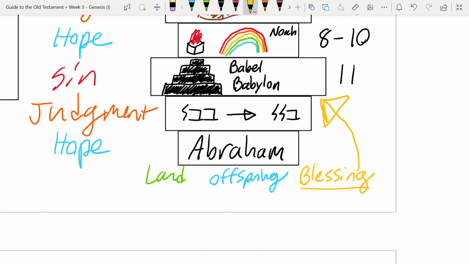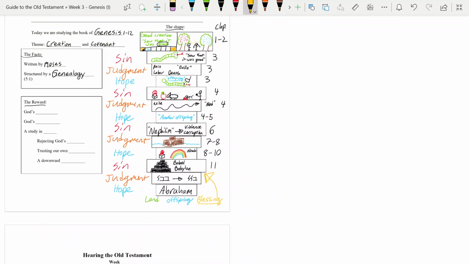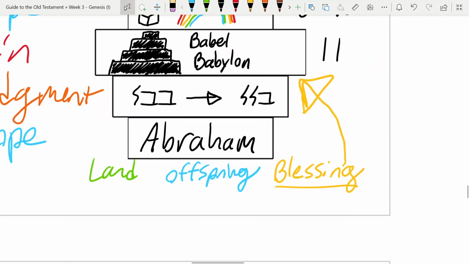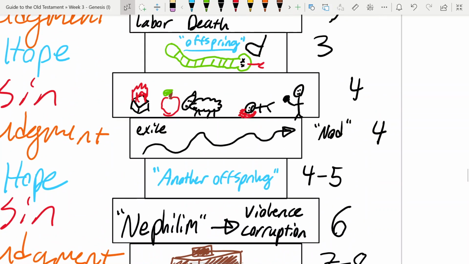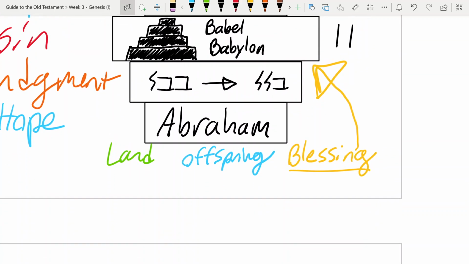And so the final installment in this sin, judgment, hope pattern is the covenant with Abraham that really carries forward the rest of the story of Genesis and ultimately the whole Bible. This is when God's major rescue plan is announced. These three promises are what's going to take us back to the Garden of Eden. And it's no coincidence that this key word offspring is used yet again, because there's this idea that Abraham has, on the one hand, a numerous offspring. He's going to be a great nation. He's going to have many descendants, but also he's connected with this singular offspring right here, who's going to crush the head of the serpent and provide ultimate redemption.